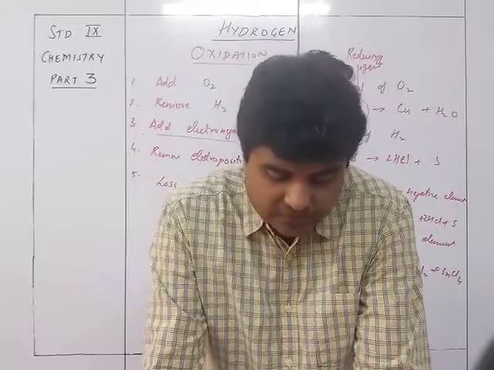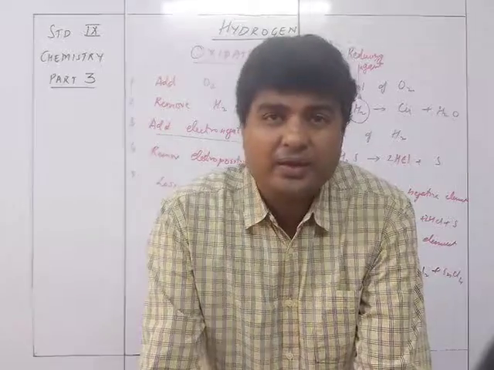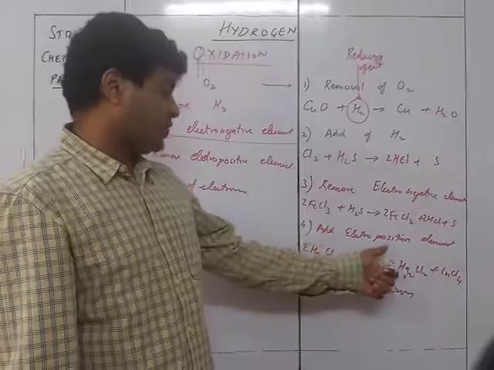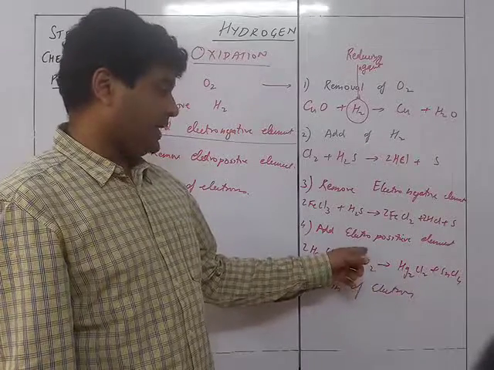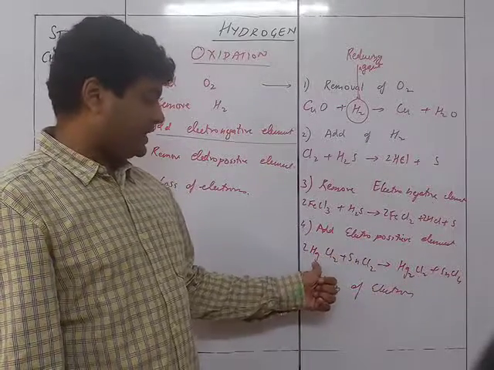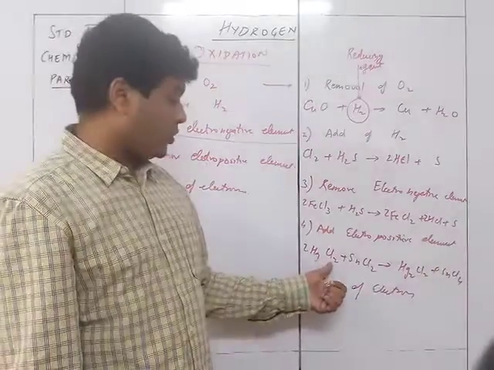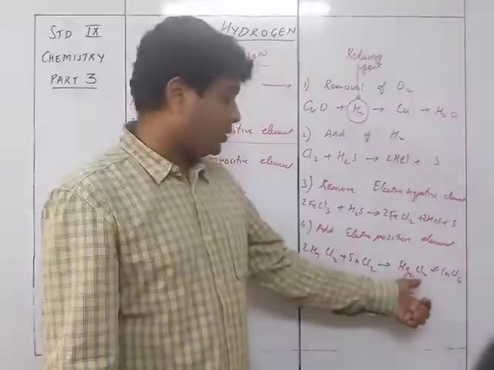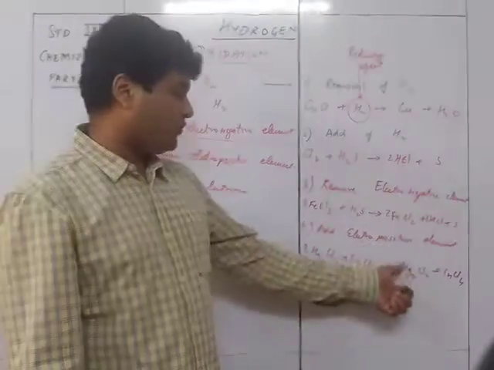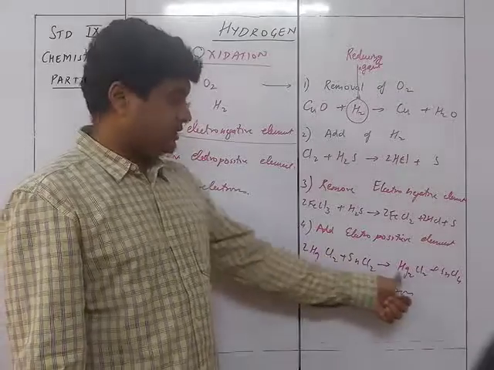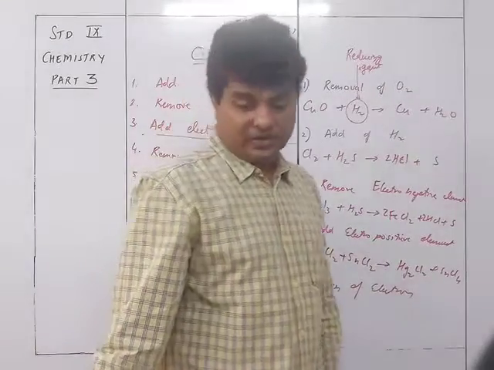So that is what is going to be, electropositive element is going to be added. Addition of electropositive element is going to be done over here. So mercury यहाँ पे 1 था, यहाँ पे 2 हो गया. So mercury 2 chloride became mercury 1 chloride because there is an addition of one Hg. That's why addition of electropositive element. Hence, this is a reduction reaction.